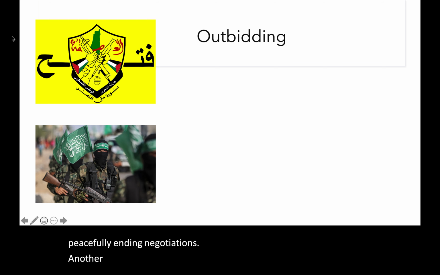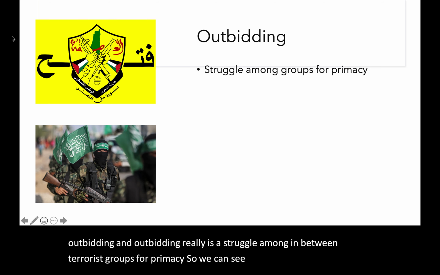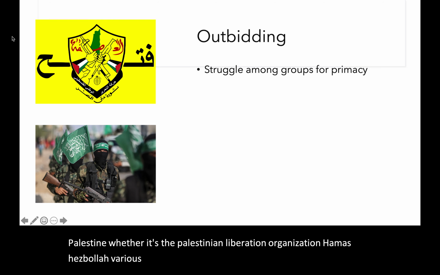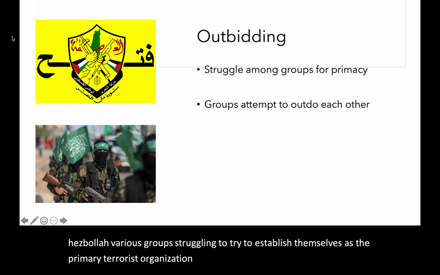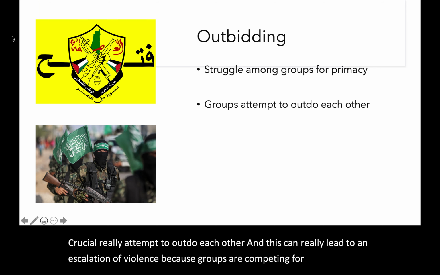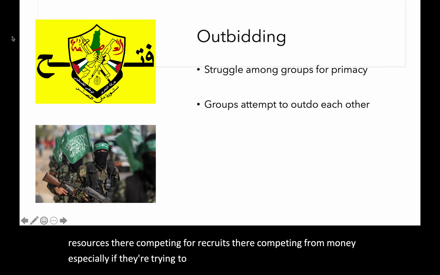Another issue we see and strategy we see here is this idea of outbidding. And outbidding really is a struggle among and between terrorist groups for primacy. So we can see this with various groups in Palestine, whether it's the Palestinian Liberation Organization, Hamas, Hezbollah, various groups struggling to try to establish themselves as the primary terrorist organization. And so groups will really attempt to outdo each other, and this can really lead to an escalation of violence because groups are competing for limited resources. They're competing for recruits. They're competing for money,